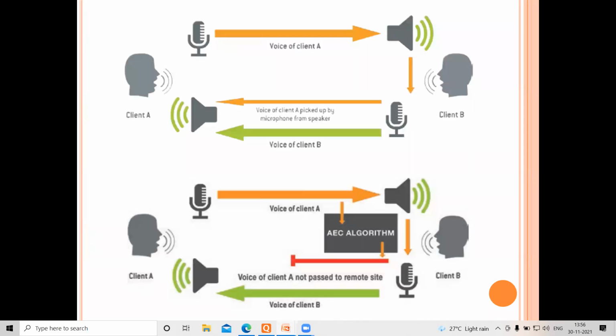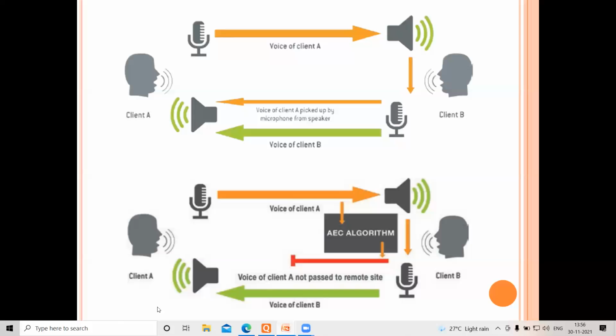Therefore, normally, you are client A, and you're talking to client B. The voice of client A, whatever he is speaking using a microphone, goes out, and then you have a loudspeaker. He's able to speak. But if at this point you are able to get back your own signal, then it's a problem. Or when the client is talking back to you, if you are able to hear your voice along with his voice, that is also a problem.